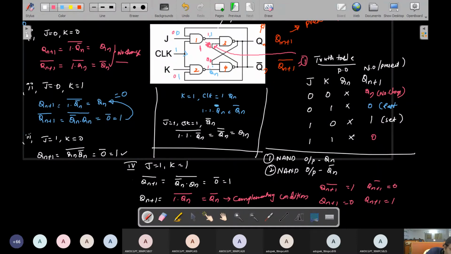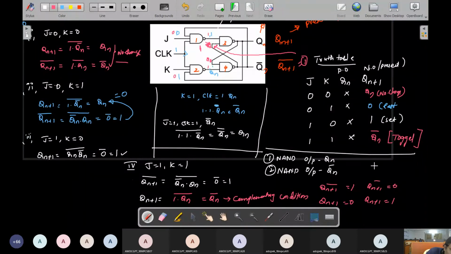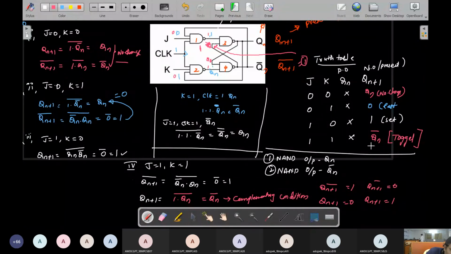Now the output of this truth table is nothing but Qn bar. So this is called toggle condition. What does this toggle condition mean? The state continuously changes because we don't know which state will be placed here. So it is also like an undetermined case, but in the SR flip flop it is not identified. But in this case they continuously show high low high low high low. So this is called toggle condition or race around condition. This race around condition can be eliminated by constructing a master slave flip flop.